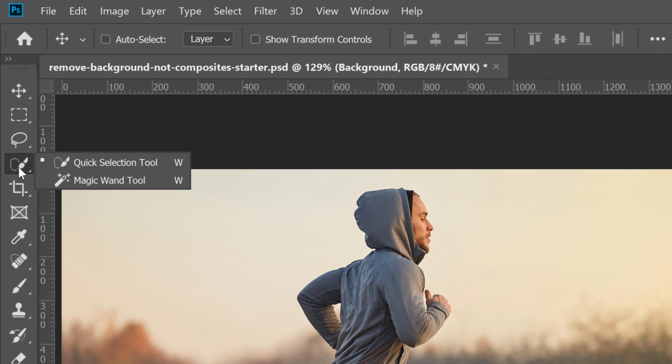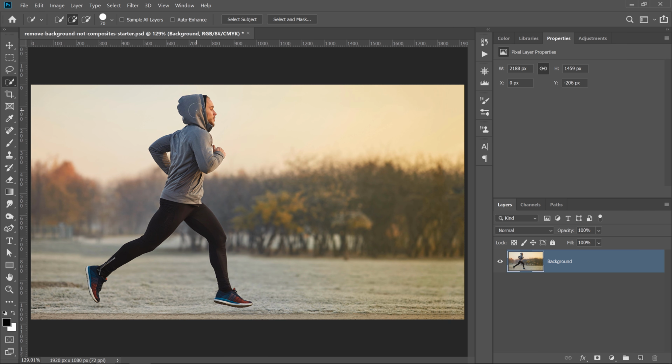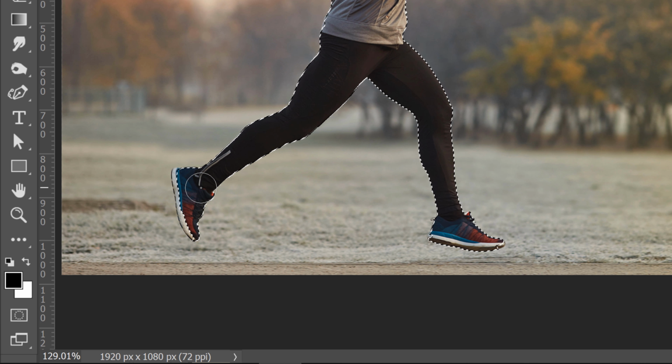You can do that in several different ways. One of the easiest ways is to use the Quick Selection tool. In older versions of Photoshop, you will have to click and drag around the person to make a selection. In the newer version of Photoshop, you can simply press the Select Subject button, and Adobe's artificial intelligence, Adobe Sensei, will make a selection out of the main subject of the image. Make sure that everything is selected.